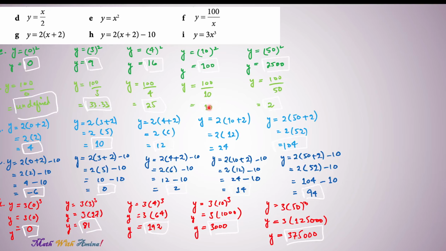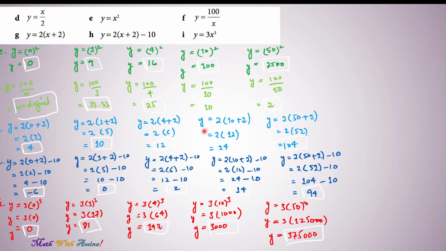100 over 10, so 10 multiplied by 10 is equal to 100, therefore y is equal to 10. 50 multiplied by 1 is equal to 50, 50 multiplied by 2 is equal to 100, so y is equal to 2 in here. Then we have the equation G, y is equal to 2 into x plus 2. So we will replace the